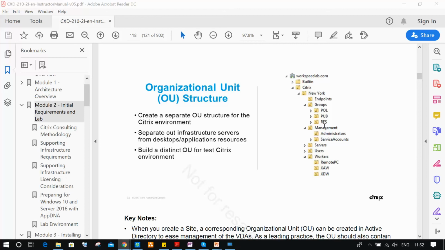This is called an organization unit. These are called organization units. Organization units are used to manage your Citrix resources and Citrix environment properly with a hierarchical infrastructure. Going forward, we will set up one by one. I'll show you how to set up the OU, how the servers will be moved to the respective OUs, and how to migrate a server from one OU to another OU.